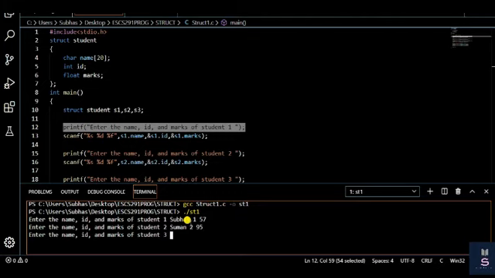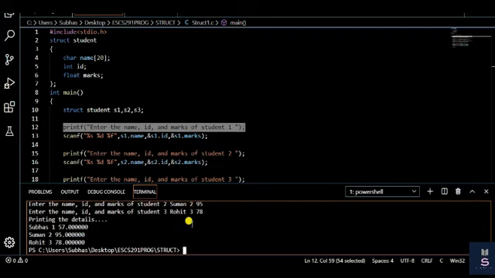Then name Rohit, ID is 3, then marks is 78. It's a float. I have declared the marks as a float, so that's why after the decimal point there is 0.000 something. Subhash ID is 1, Sumon ID is 2, Rohit ID is 3, and the corresponding marks are beside.